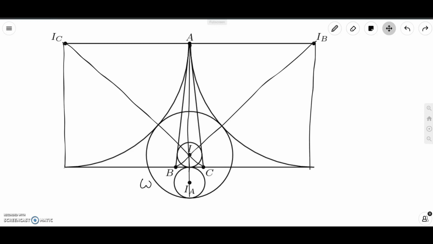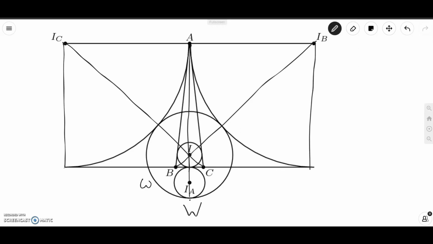I've also drawn lines A-IA, C-IC, B-IB. These three points are collinear as a function of the incenter-excenter lemma, which I will leave a link in the description for. And as you can see, the line A-IA hits circle omega, which I've also drawn, at this point down here, which we will label as